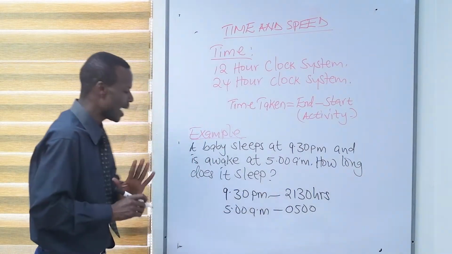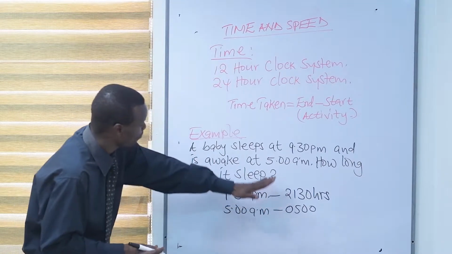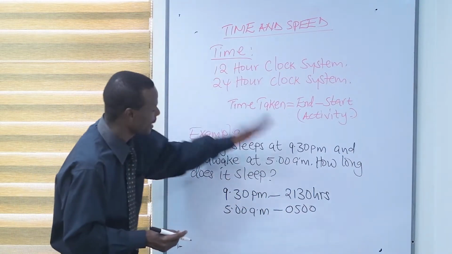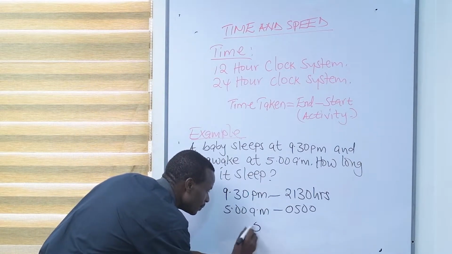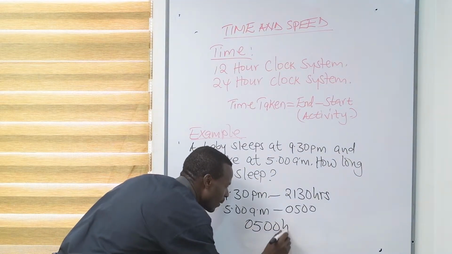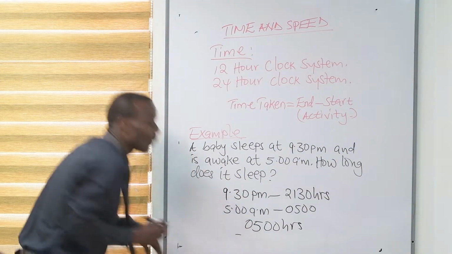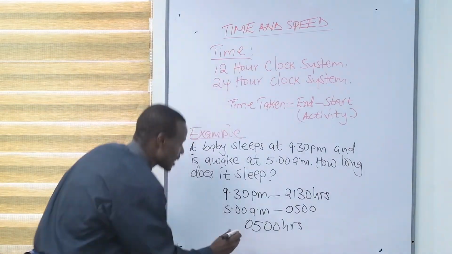Now, having had it this way, we ask ourselves, the baby ended the sleeping at 5, and therefore we write 0500 hours, take away the time the activity started, and that is